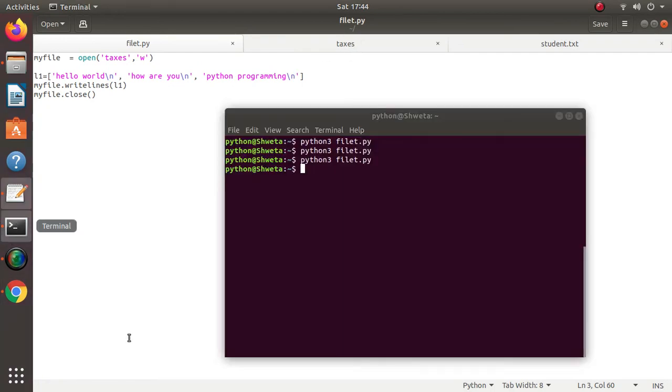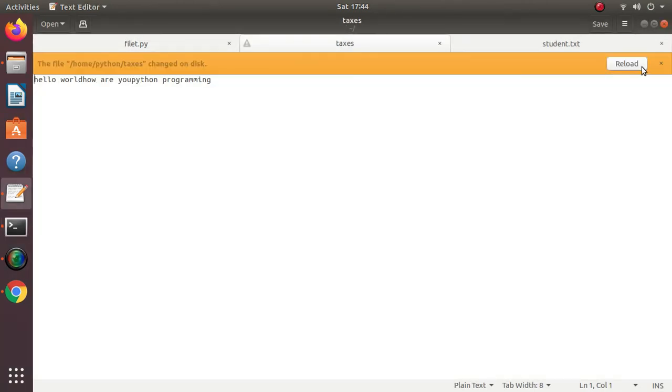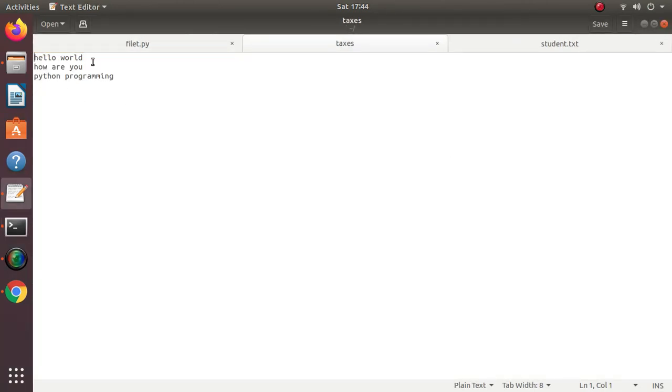If I run this program again and reload the text file, now I have 3 lines because I had 3 elements in the list and there was a new line character at the end of each element. So after each element a new line is getting introduced.